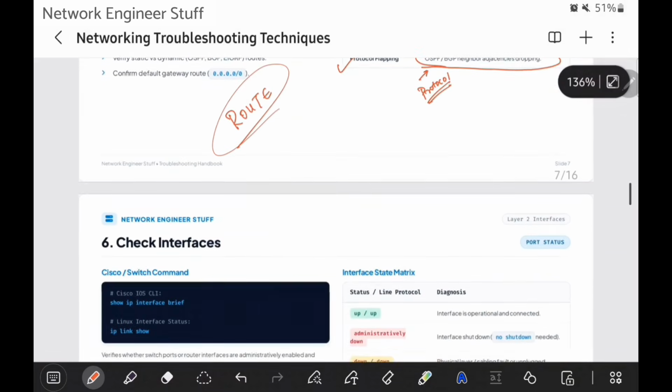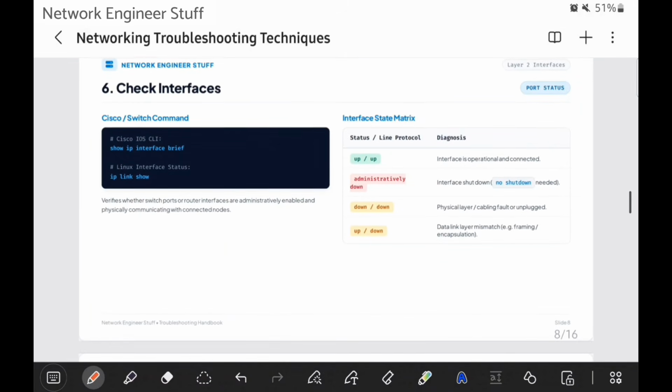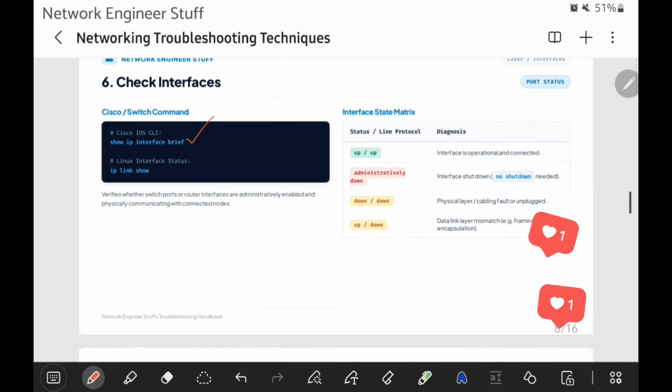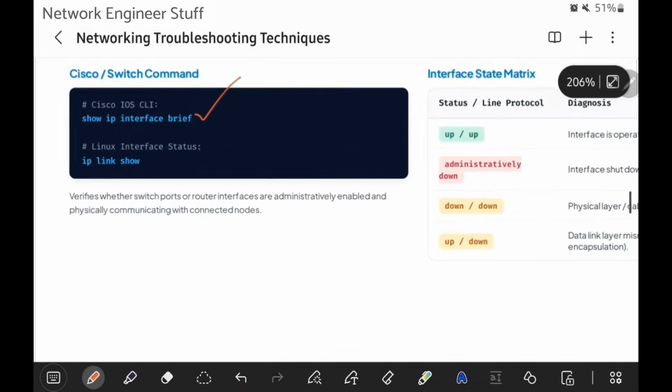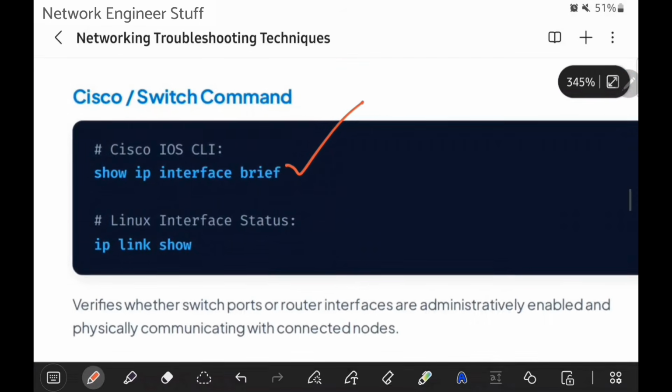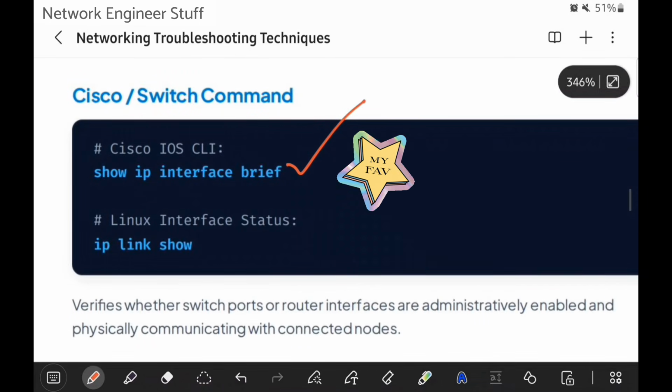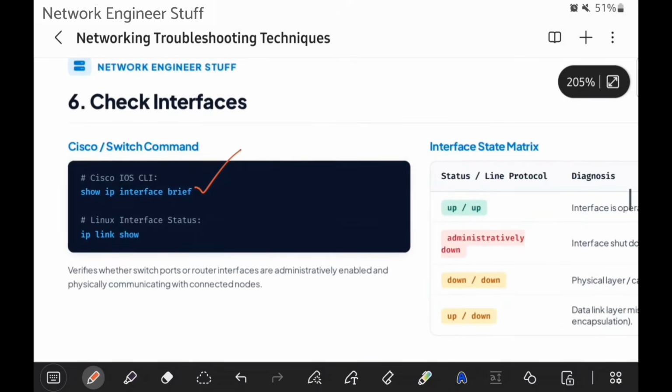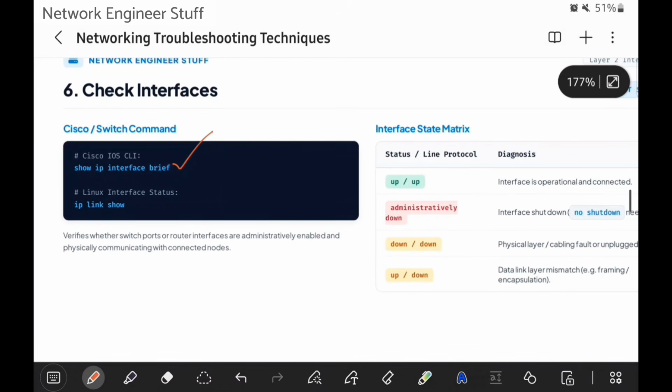Now let's move forward. Now let's check the interface status. The people who are my subscribers know that my favorite command is this: show ip interface brief. I'll zoom in on that command because it's very useful if you're working on Cisco devices. Show ip interface brief shows you whether your switch port or your router's interface